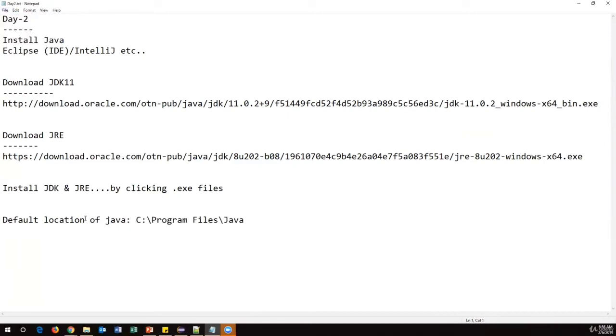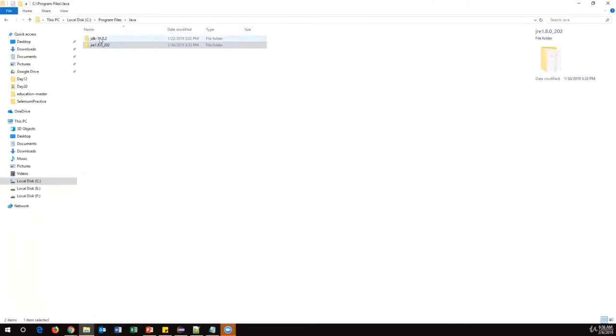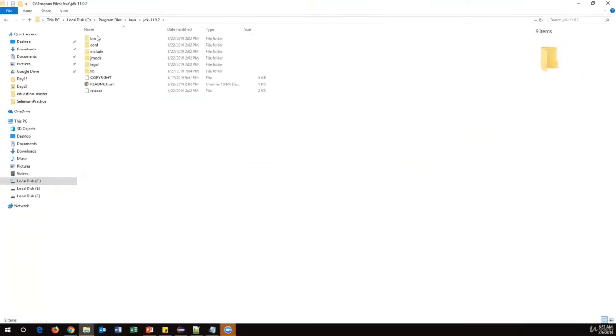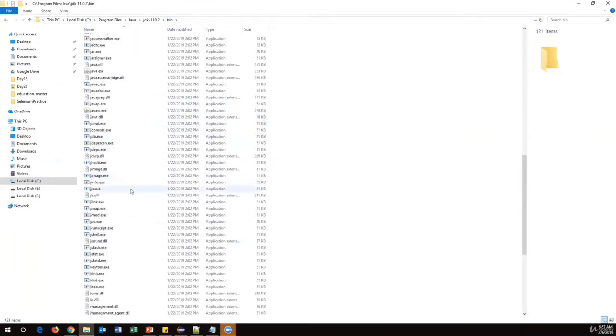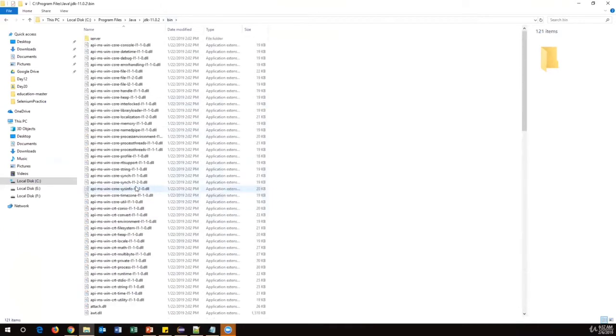Okay, so once you have installed Java, we need to do certain configuration. Unless we do this configuration, we cannot directly work with Java. How can we do the configuration? Let's go to the JDK, open the JDK folder and go to the bin folder, because only in the JDK bin folder can we find a lot of Java libraries. Everything is available here. These are actually installer files. So let's copy this particular path till the bin folder and right-click on This PC. This is a very important step.